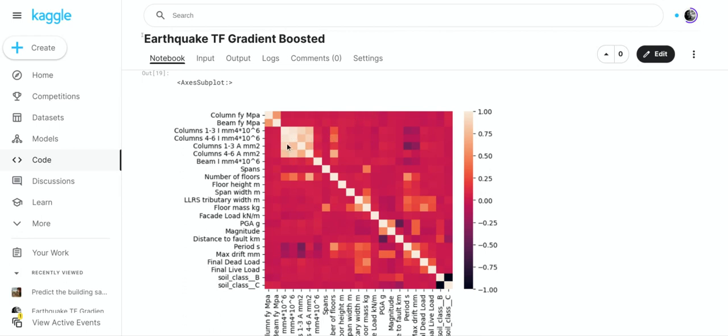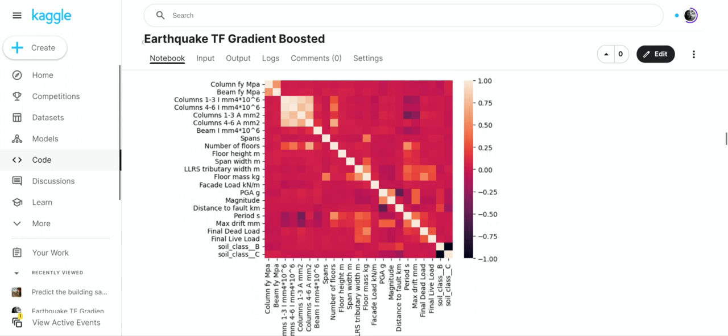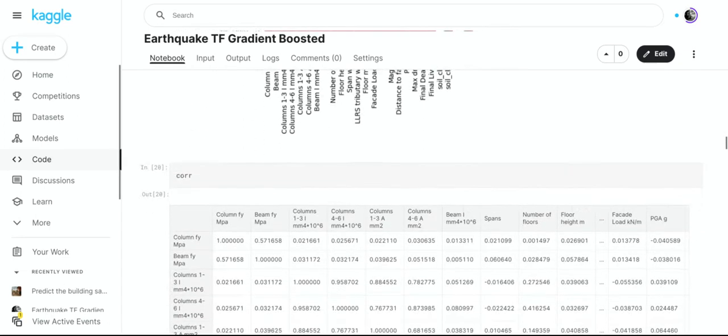This is a section of highly correlated columns. So I could, in theory, try to remove some of those redundant columns and see if I can improve the score. That's one thing that you could do, is remove some of the redundant columns. But I didn't do it.